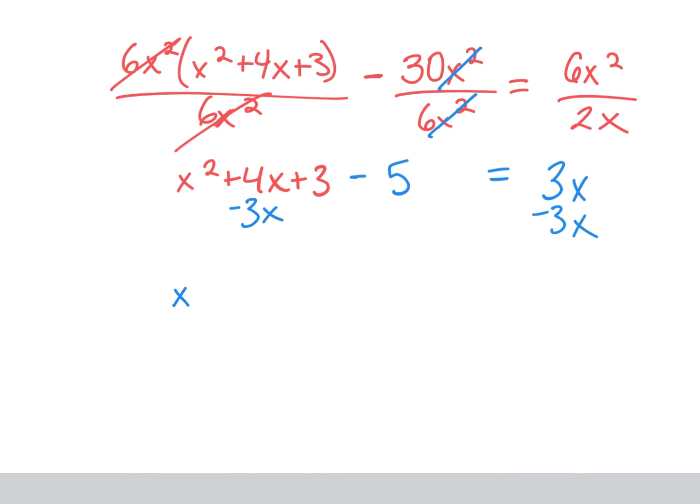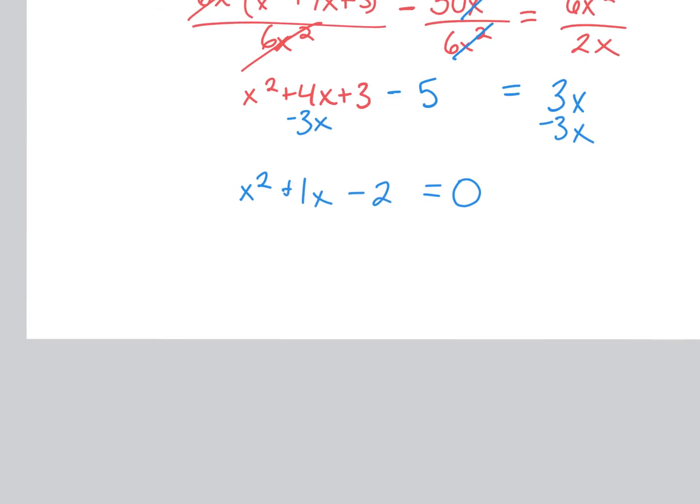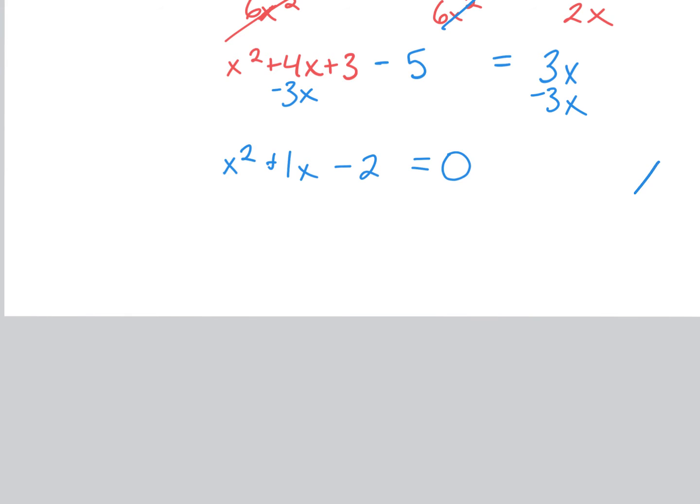So I end up with x squared, 4x minus 3x is going to be 1x plus 1x, and then 3 minus 5, -2. Now you gotta do the what? X method. Woohoo! We love this. We're getting good at it. What goes on the top? What goes on the bottom? 2 things that multiply to -2, add to 1. 2, negative 1. So my two factors are